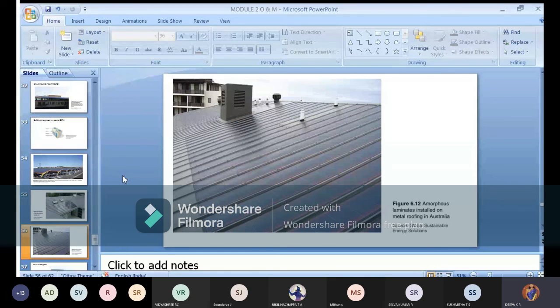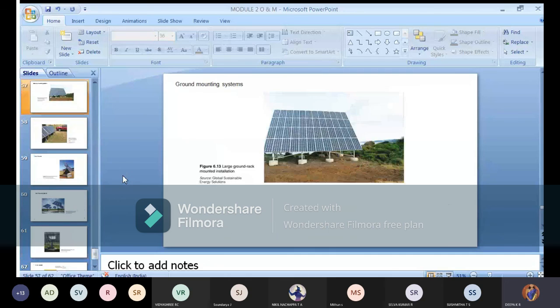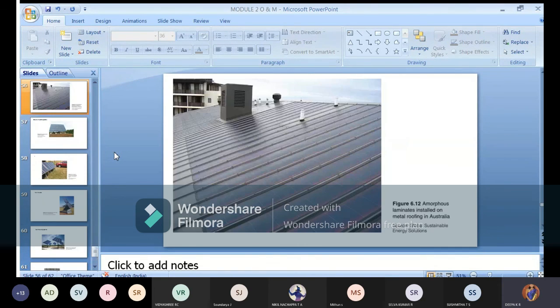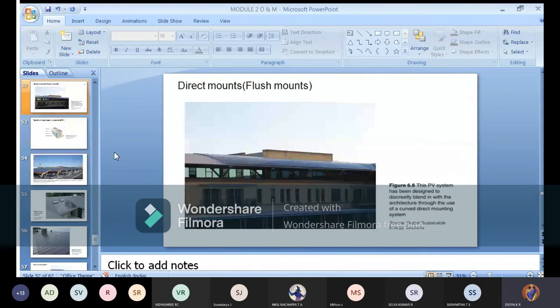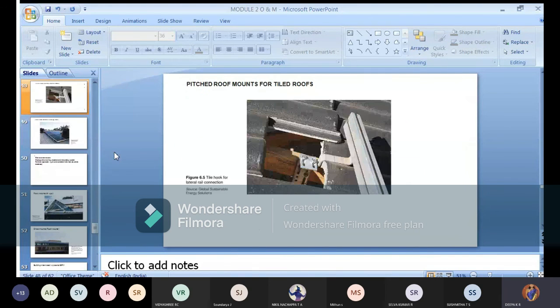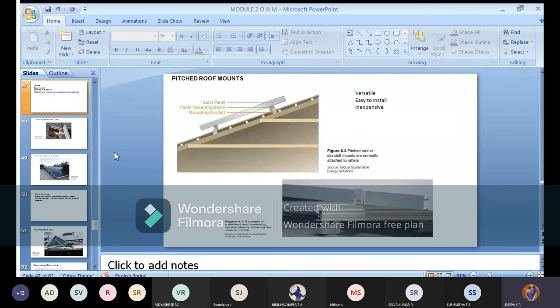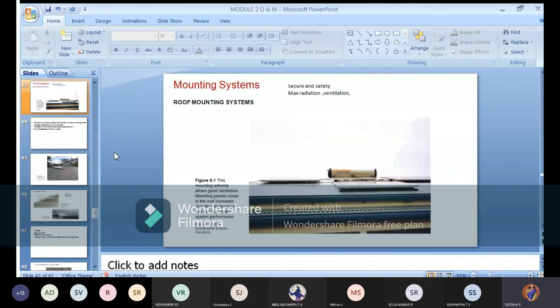If you don't have any doubts, I think in the next class we can go for another type of system called ground mounting. Again, ground mounting also has different types. I just scrolled through the slides from the beginning of the mounting systems. Please go through them once, and if you get any doubts, you can ask me. So the first system we discussed is roof mounting. Here no specification of what type of roof, nothing was specified. It is just one of the basic methods of installation. They have given a picture in the roof mounting system.